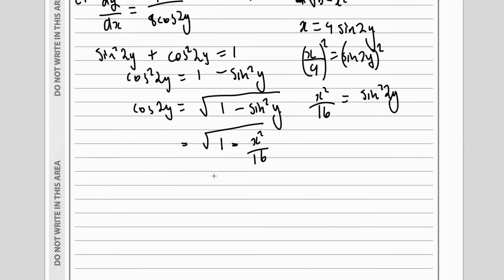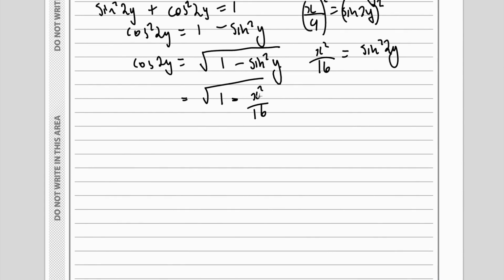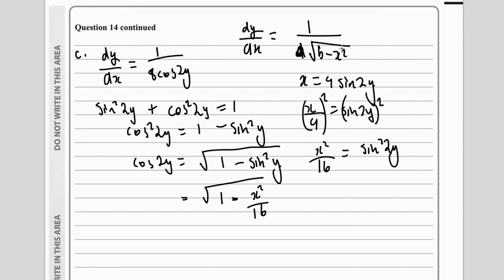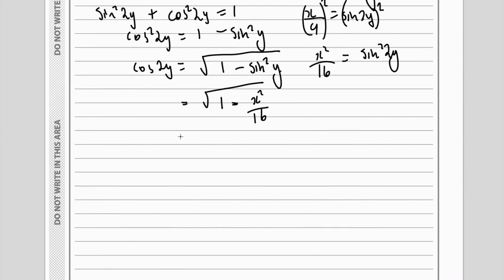Now what we really want to be doing is getting rid of this 1 over 16 that's being multiplied by x squared here, so that we've got it in this form where there is no coefficient to the x squared other than minus 1. And to do that, what I think is handy is if we put this into brackets. So we'd get this here being 1 minus 1 over 16 x squared to the power of a half. And if I was to pull out the 1 over 16, in a very similar fashion to the way in which you'd pull out a constant if you were binomially expanding from negative or fractional indices,